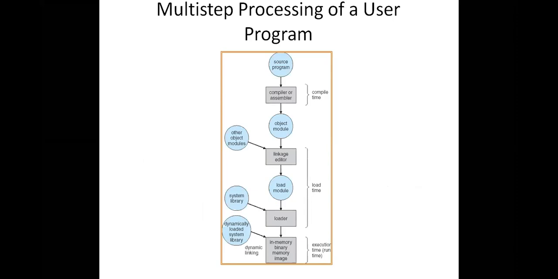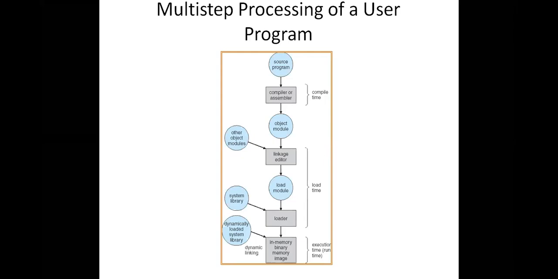As you know, before execution you need to store your program. You need to store the program in the secondary memory, the disk. It might be the C drive or D drive. Whatever drive you want to save to, you can save the program into one folder. After saving, you want to run the program. To run it, the program needs to be moved from secondary memory to main memory.